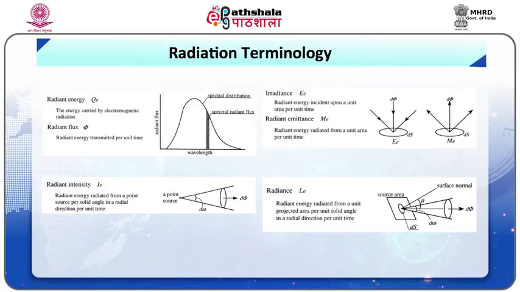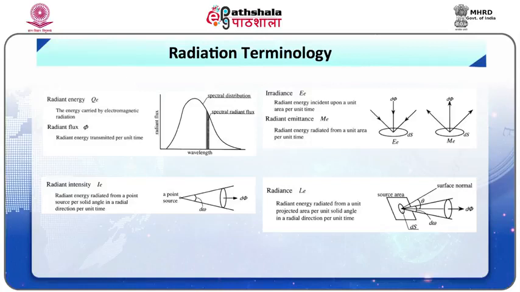Another term is the radiant flux, represented by Greek letter phi, which is the radiant energy transmitted in a radial direction per unit time and is expressed in watts. In other words, the rate at which the photons strike a surface is called the radiant flux. Radiant intensity is the radiant flux radiated from a point source per unit solid angle in the radial direction and is expressed in units of watts